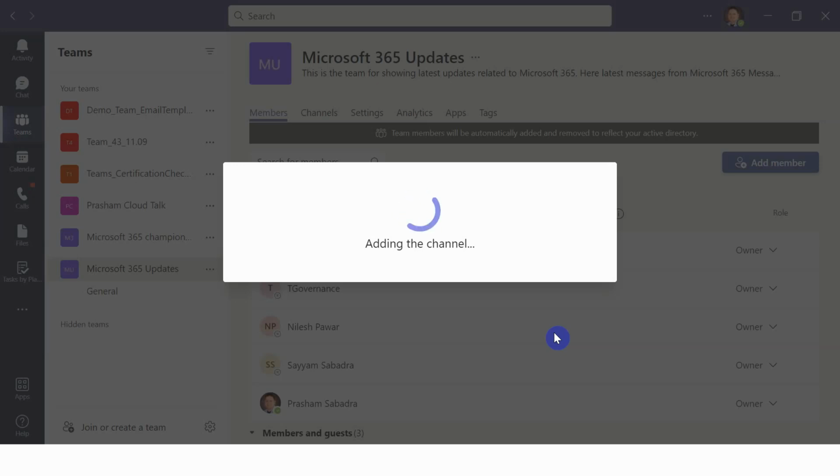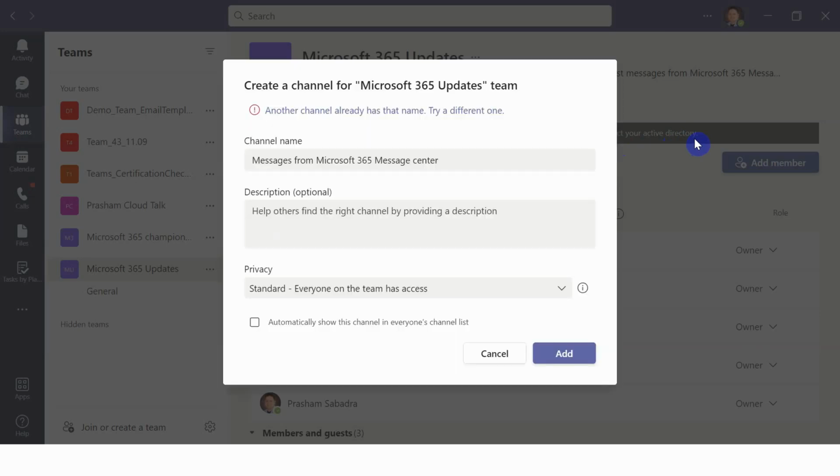Okay, let's wait for a second. Here you will see that team members will be automatically added and removed to reflect your activity. This is a very good feature added by Microsoft for Microsoft Teams. This is basically for a few announcements related to my organization, for broadcasting messages.